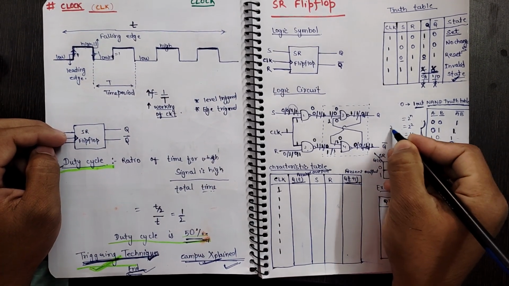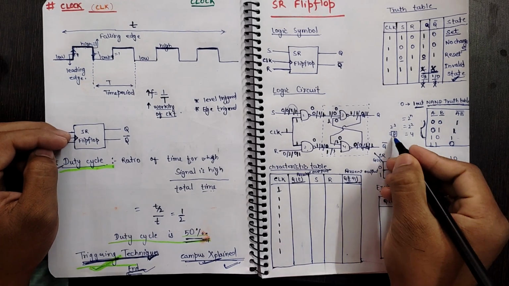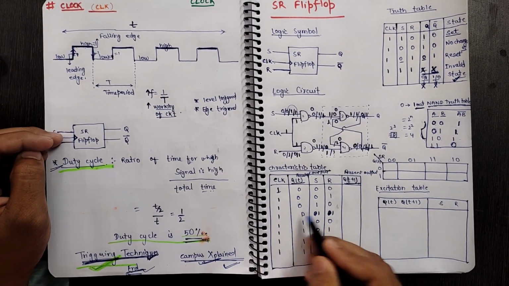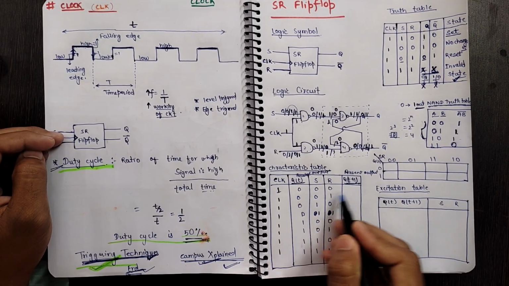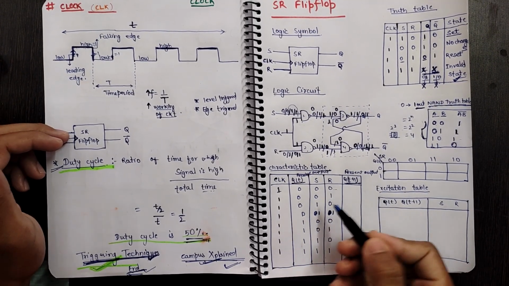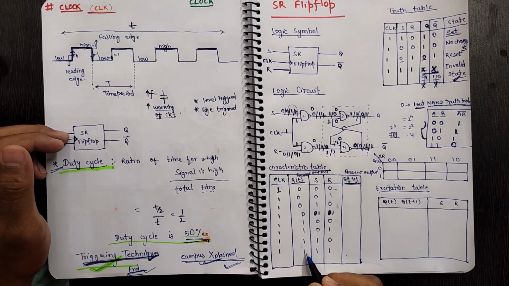2 to the power n, so 2 to the power 3 is equal to 8. We should have 8 possible combinations. So these are the possible combinations that we have. They are written in binary: 1 as 0 0 0, 2 as 0 0 1, 3 as 0 1 0, and in the same way we can write 8 as